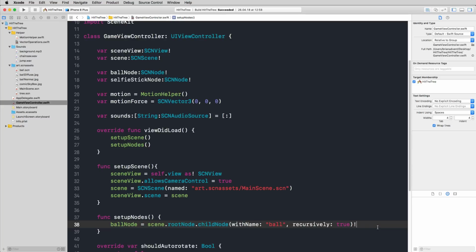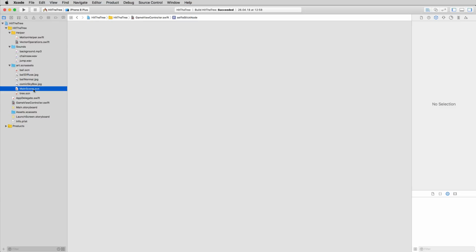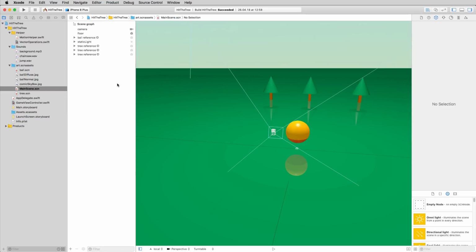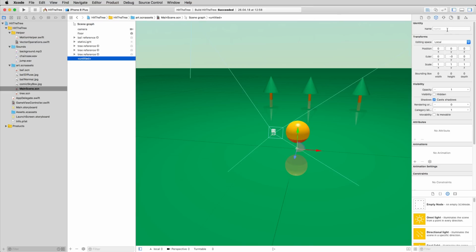And we've already talked about the next node that we actually need to set up, which is our selfie stick node, but we cannot connect that from our main scene yet because we still need to create our selfie stick. And therefore, what I'd like to do is adding a child node to my scene graph, and I can do that with the plus button in the lower left corner. This just adds an untitled child node, and in the node inspector I'm just giving it the name selfie stick, and we already positioned that at 0, 0, 0. And what I'd like to do is change the X angle to -30